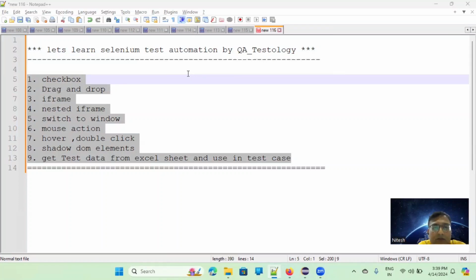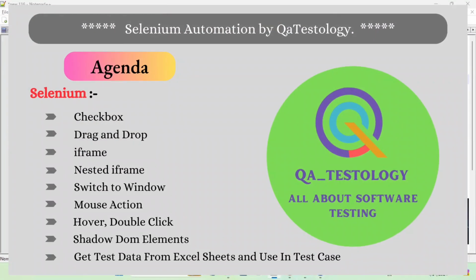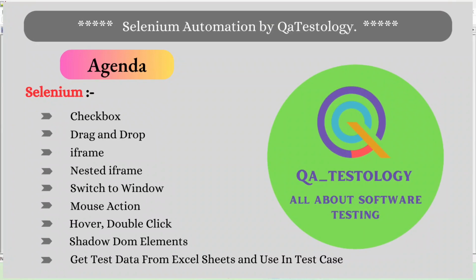And today we are going to have some random topic here, but these are very useful. Sometimes we get stuck about how to handle the checkbox, how to work with drag and drop kind of situation in the web page, how to handle the iframe, nested iframe, how to switch to the newly opened window or the tab,